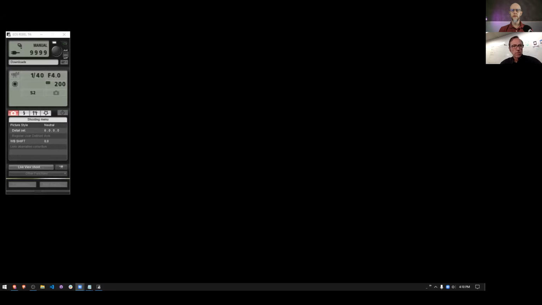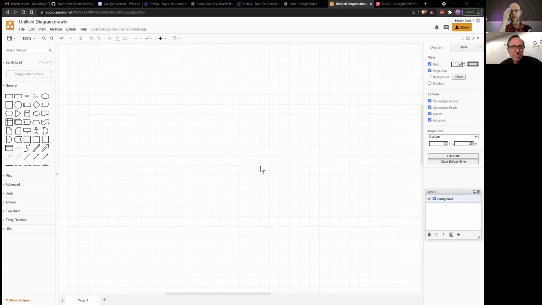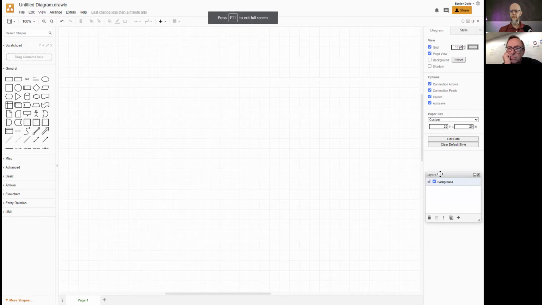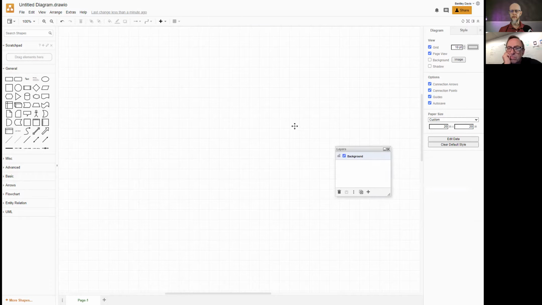Let me just share my screen so you can see it. Thanks. Did I share the right one? Are you looking to see? I'm seeing a control panel for EOS Rebel for your camera. Wrong window. Share. Switch to what screen I use. Is that better? Yep. They have the little layers dock over there.